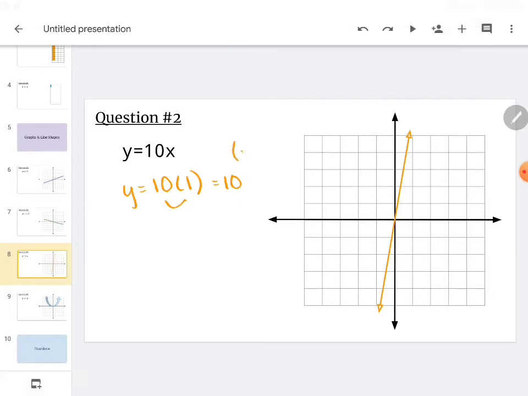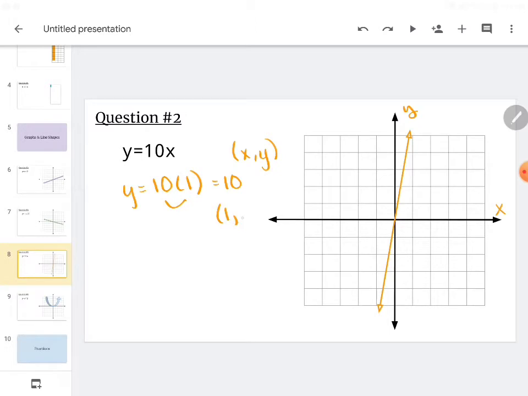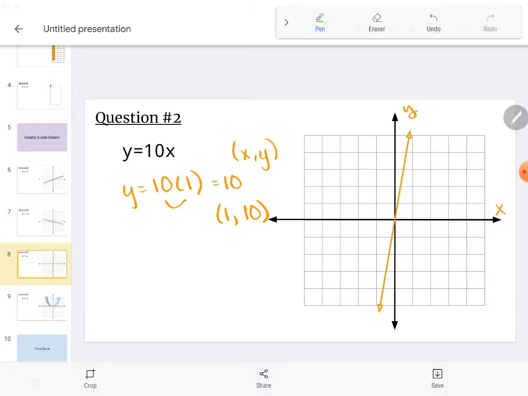And we're going to do our example, x comma y. That's going to tell us which one goes on the y-axis and which one goes on the x-axis. We are going to put our 1, since that was our input, that was our x, and our solution, or y, which was 10. And now when we go to graph this, we're going to go over 1 for our x, up 10, and this is on,